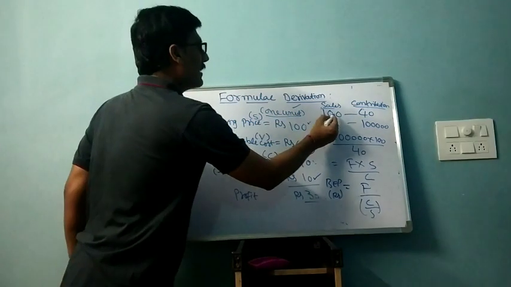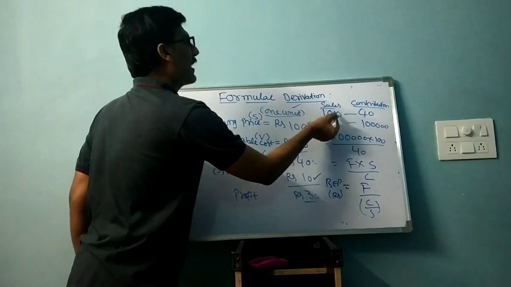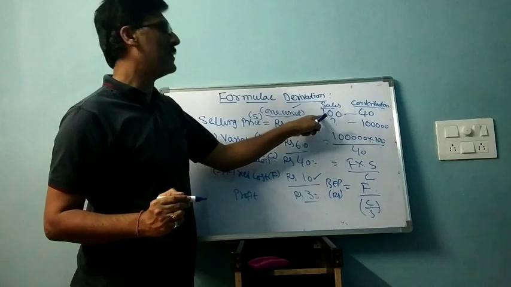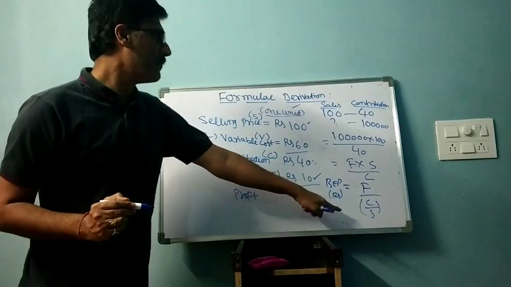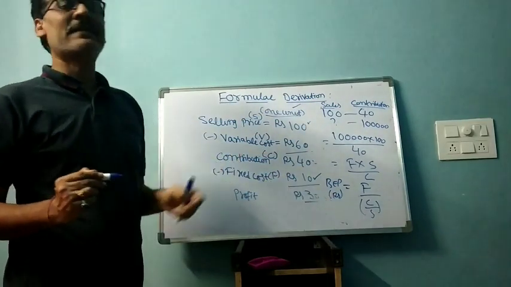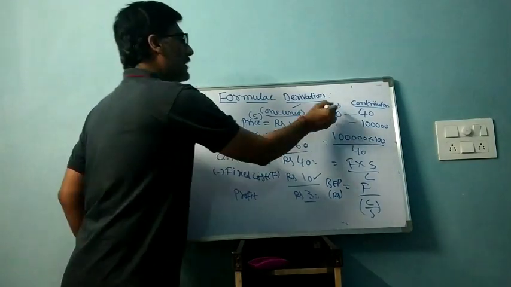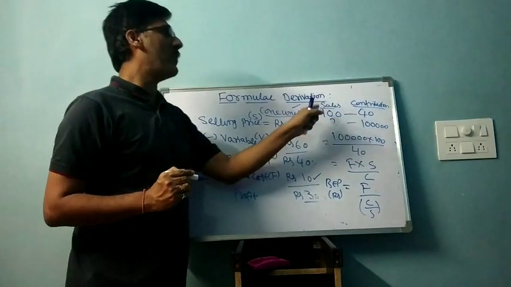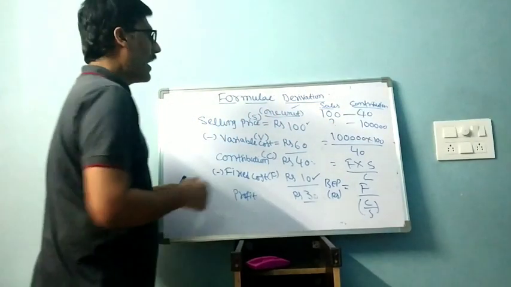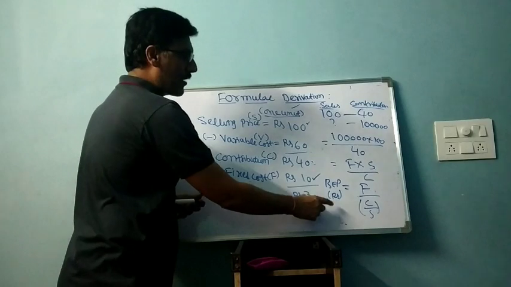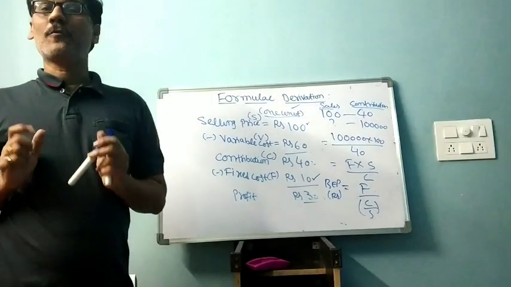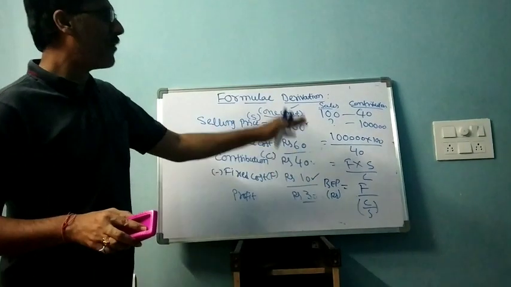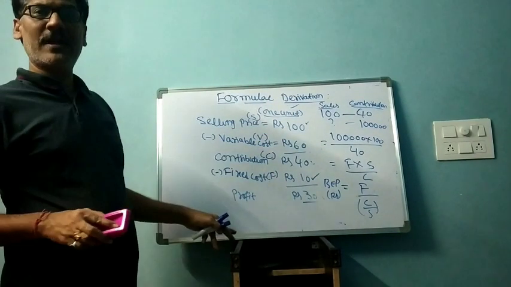This is the second formula. How to calculate break-even point in value, which is nothing but rupees. Instead of taking 1 unit, I have taken the 1 unit selling price here, because I want to calculate in terms of rupees. But in the previous example, for calculating break-even point in units, in the place of 100, I have taken 1. For getting 40 rupees contribution, 1 unit should be sold. So here I have taken rupees because I should calculate break-even point in terms of rupees. Now, almost 3 formulas are covered by seeing this example, right?